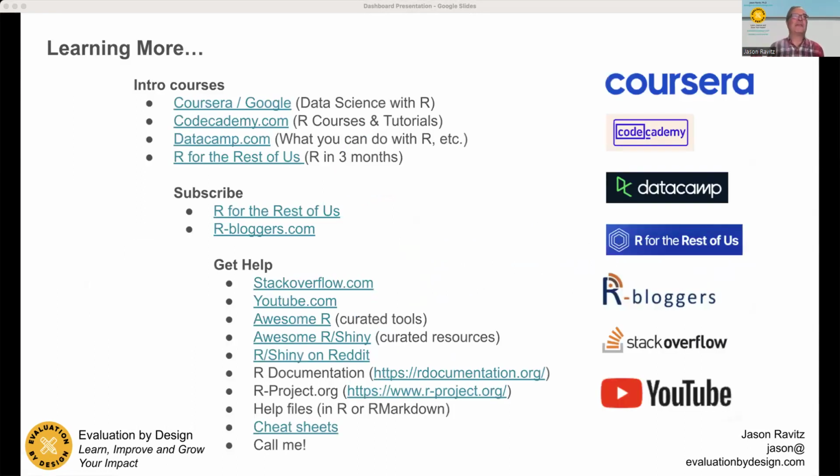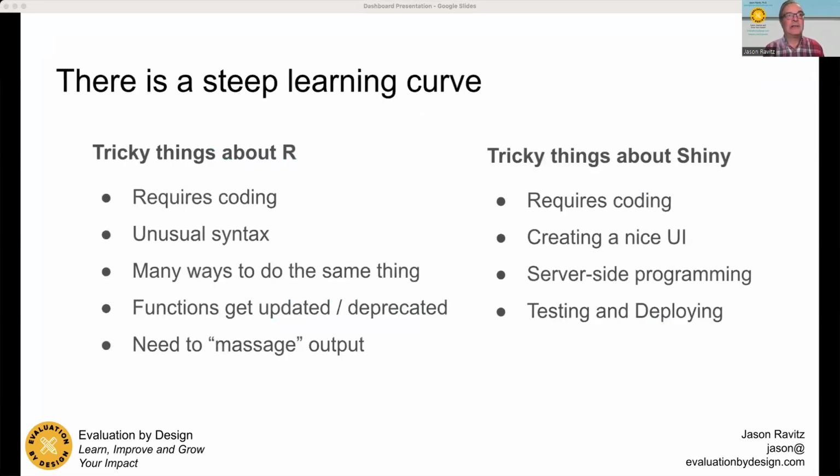There's lots of introductory courses and courses where they give you a few free lessons to start out, which are really helpful. There's some excellent newsletters where you get daily updates, and I always scroll through them, and several times a week at least, it's like I could use that, and I email it to myself. And you can get help on the web in a lot of different places. There is R documentation, and these cheat sheets have been published for a number of the packages.